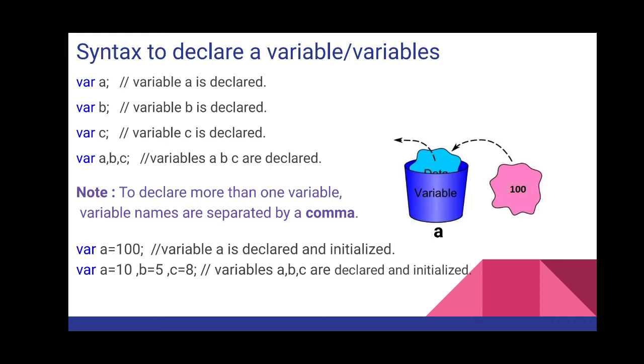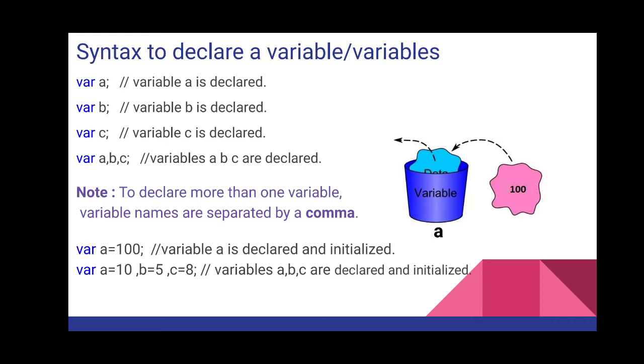Now in this particular line we have declared a variable as well as initialized a variable. See, previously what we were doing, var a, means just imagine an empty bucket named a, but in that bucket there is no data, right? So it was just declaring the variable. It was not initializing. Initializing means putting some data into your variable. So here in the line var a equal to 100 you are declaring a variable called a, and into that variable you are putting this data 100.